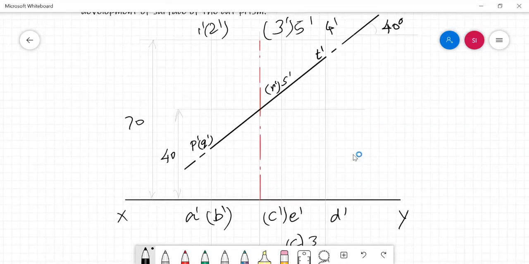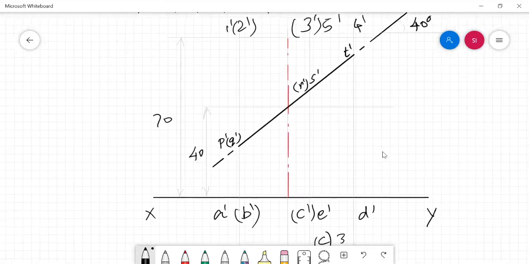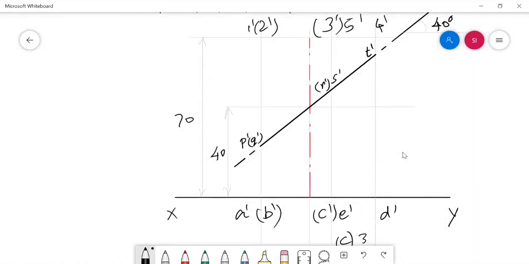It is better to note down the address of each and every cut point from the front view. For example, the cut points P, Q, R, S, T. The cut point P is dedicated to the edge 1A because P is without bracket among 1 dash A dash, 2 dash B dash, so 1 dash A dash only is without bracket.